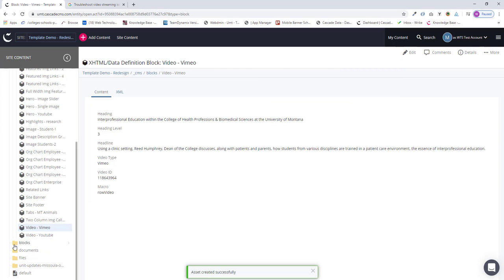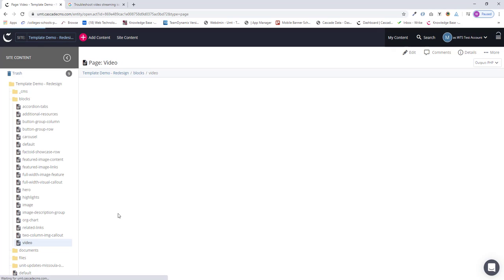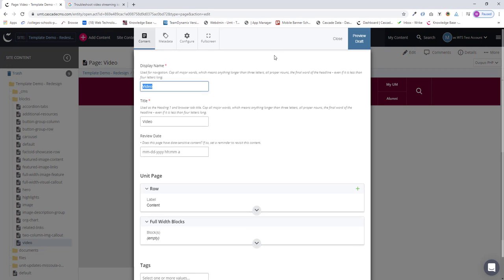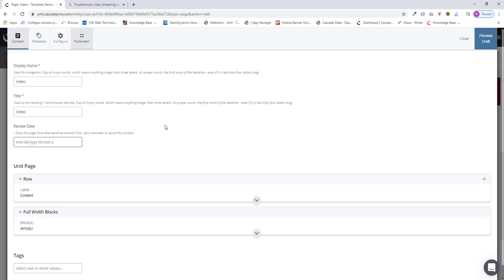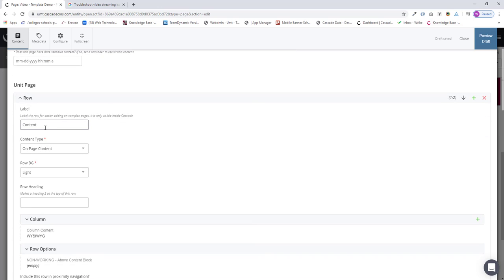So the last thing now is just to add the blocks to our page. So I will go down to my video page, and you can see it's empty here, so I just click Edit, I'll expand to full screen. And these are row blocks, so they need their own row, so I'm going to create another row here so we can add both of those. And the first row, I'm going to add the YouTube video, so I'm going to say YouTube